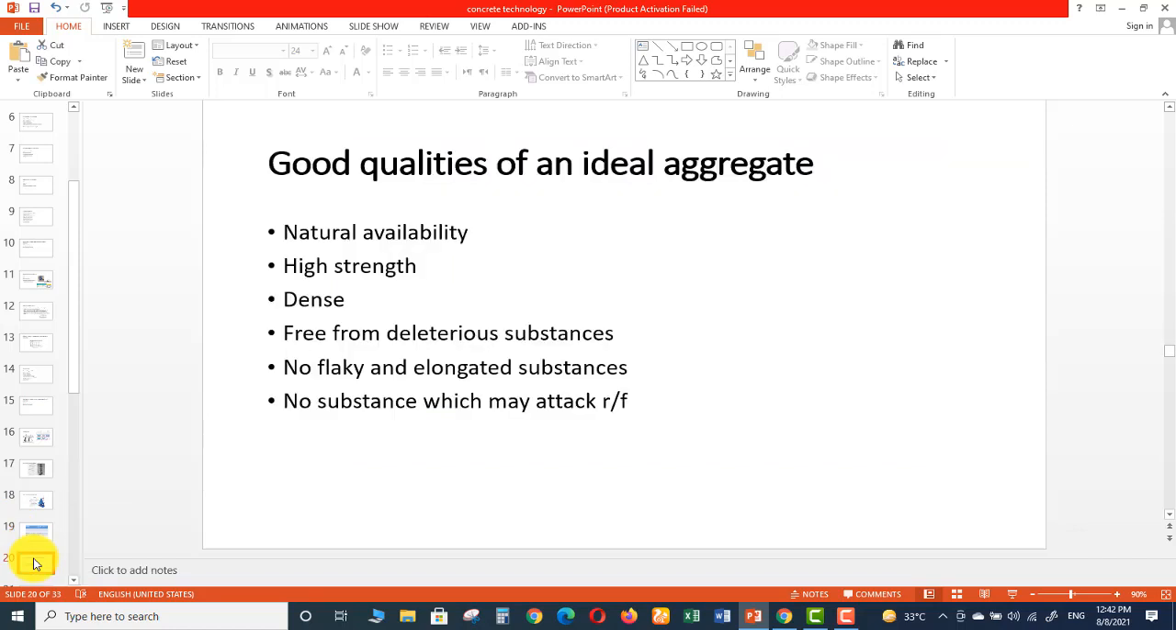So the next thing we are going to discuss is the good qualities of an ideal aggregate. What should be the qualities of an ideal aggregate? An ideal aggregate used for the manufacture of concrete and mortar should meet the following requirements. Actually, these requirements are specified by IS 383 from the code of 1970. So the first is